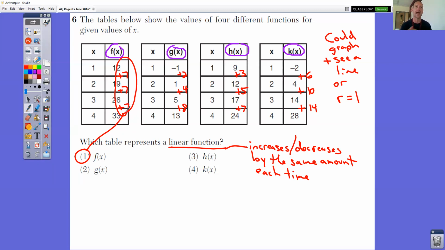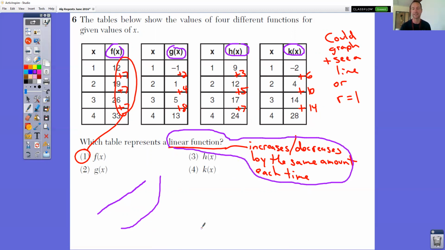each time. Because you're adding the same number each time, that is going to form a nice straight line going up. It could be a nice straight line going down. If we were subtracting 7 each time, that would still form a line. It would just be going down instead. But this one, notice that we're adding 2, adding 4, adding 8. That would be more of a curved line. Same thing here, 3, 5, and 7. Same thing here, 6, 14, 6, 10, and 14. In order for it to be linear, it has to increase or decrease by the same amount